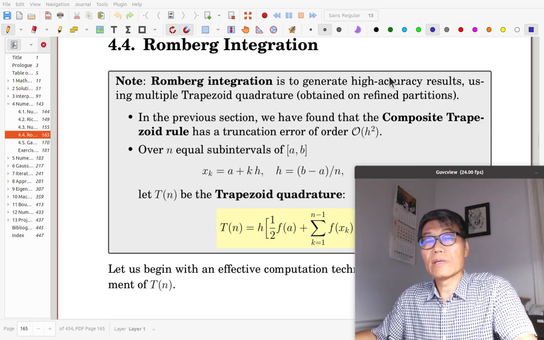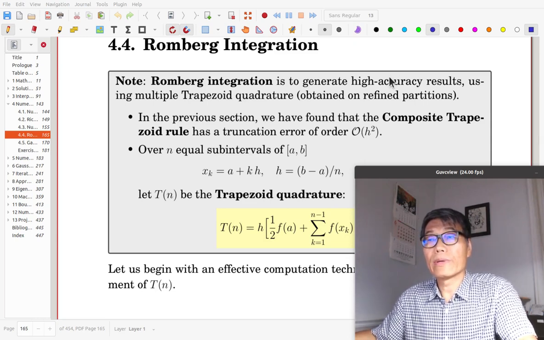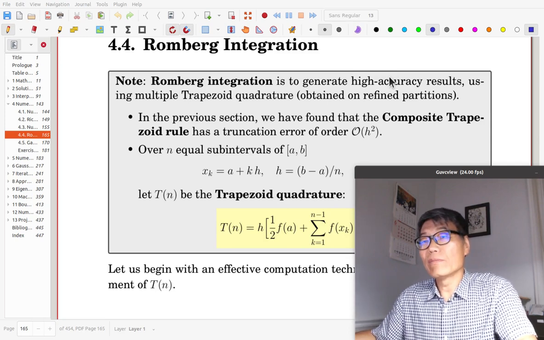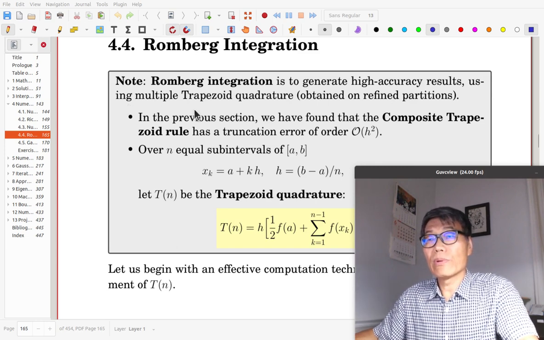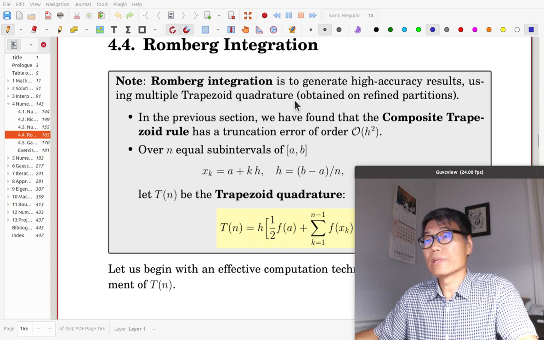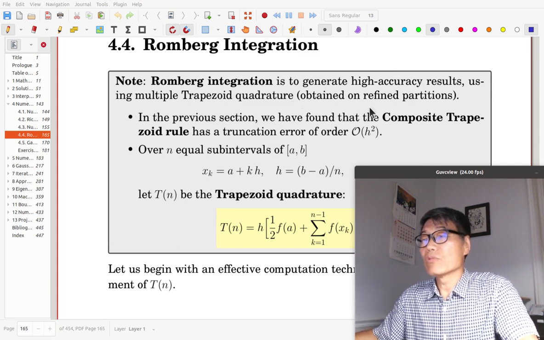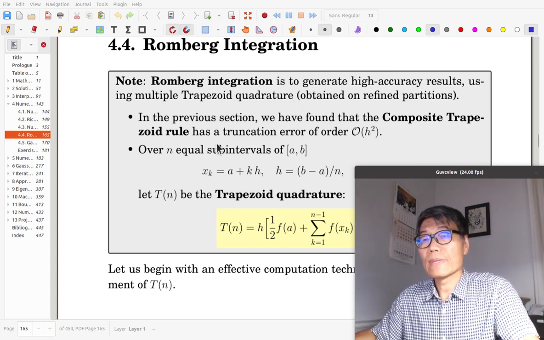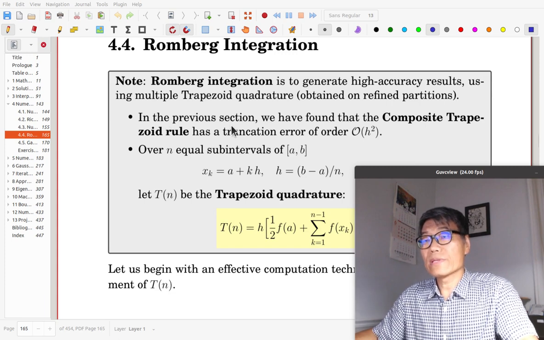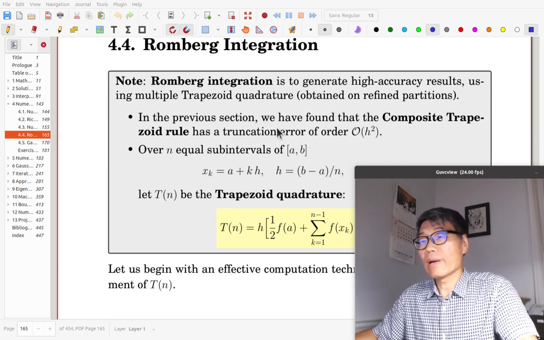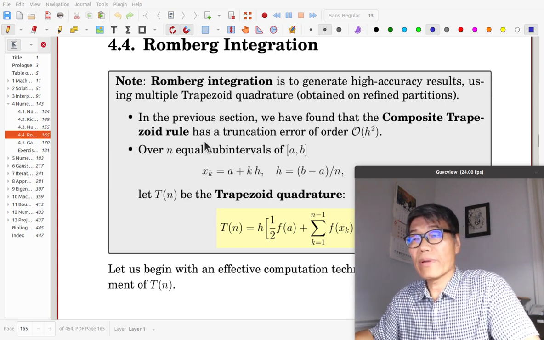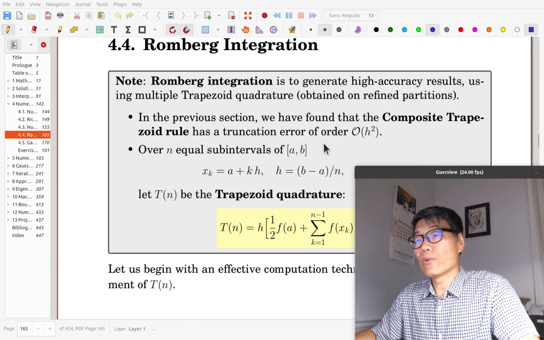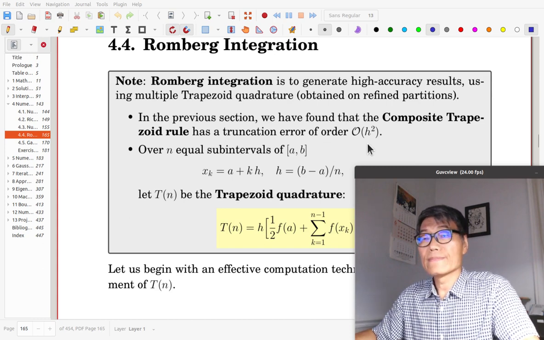It is section 4.4, Romberg integration. Romberg integration is to generate high accuracy results using multiple trapezoid quadratures obtained on refined partitions. In the previous section, we have analyzed that the composite trapezoid rule has a truncation error of order h squared